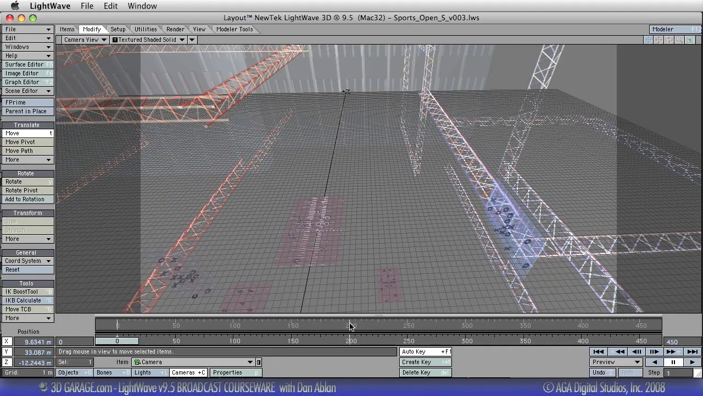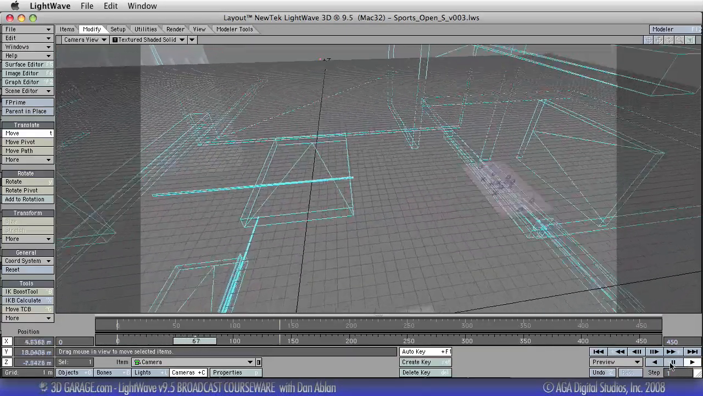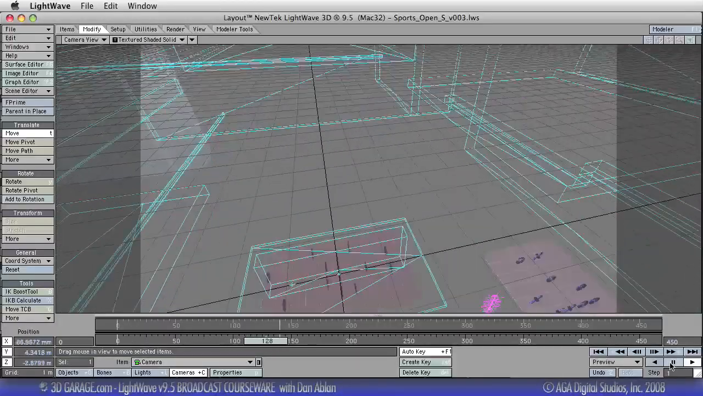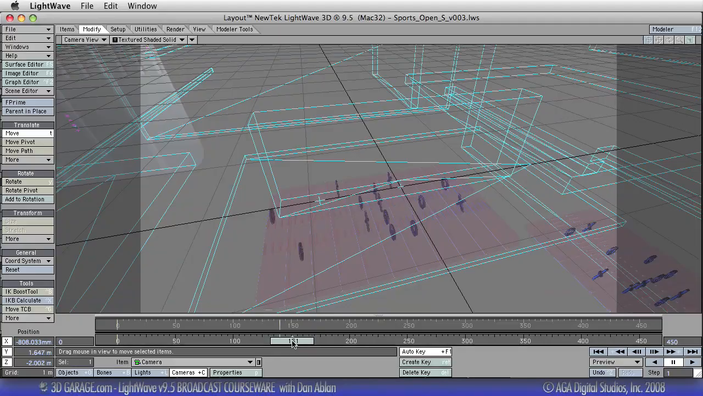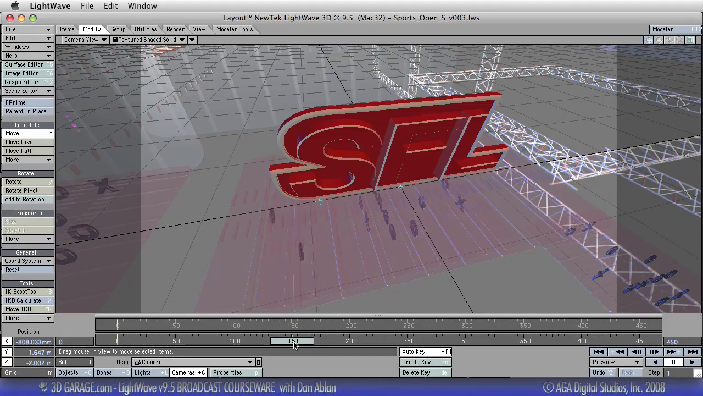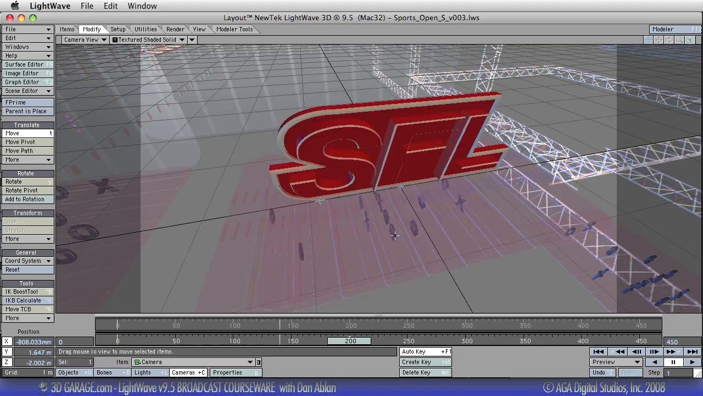I'm going to come down even sooner. This thing needs to have a little more punch to it. There we go. 140 frames. Okay, so just about 4 seconds. All right, now, that's okay, but what I'm going to do is come up and maybe another 100 frames, and